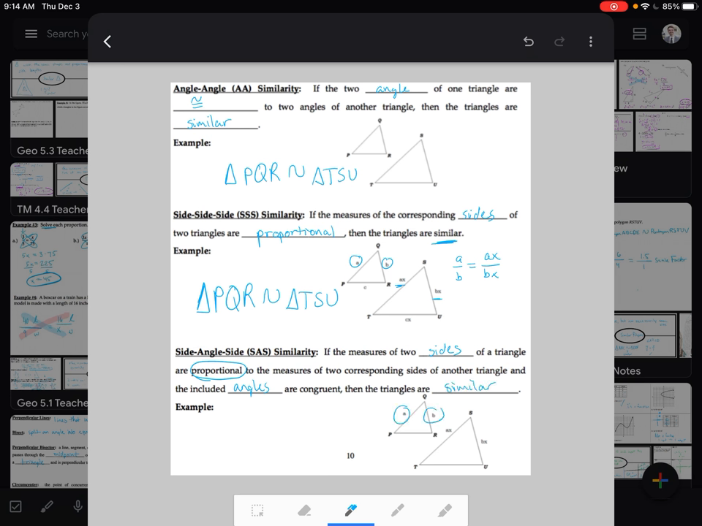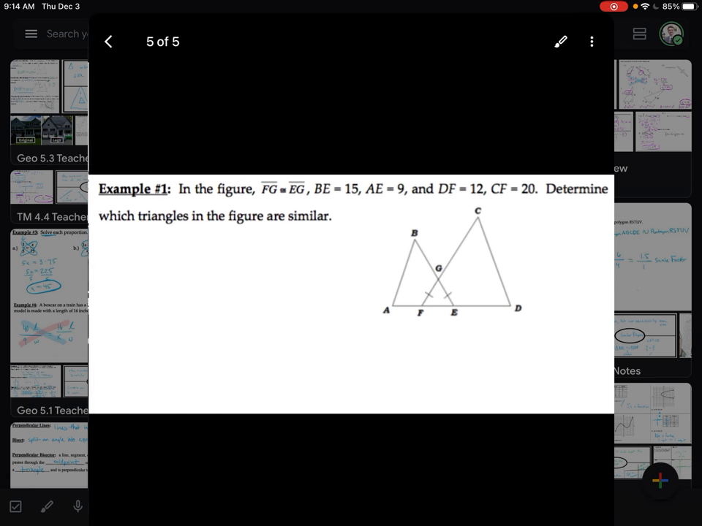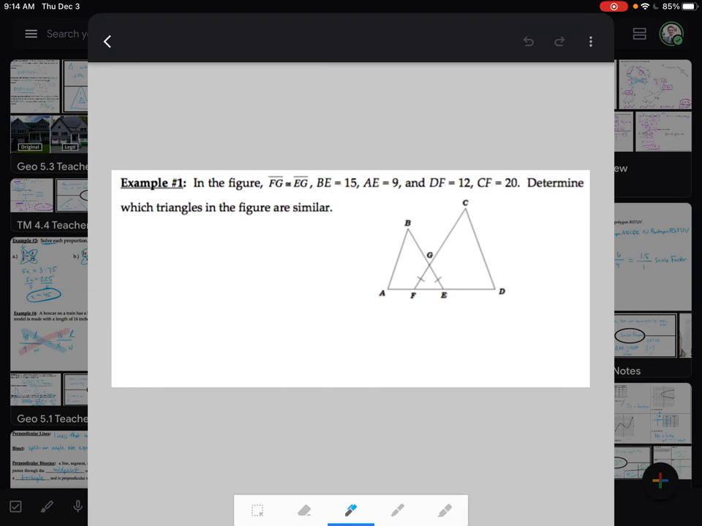So again, proportional relationship here, and we know that our angles are the same, so we can again say that PQR is similar to TSU one more time. All right, so some practice there, some theorems that we're going to be able to apply. We'll do one example together, then you'll have two opportunities to